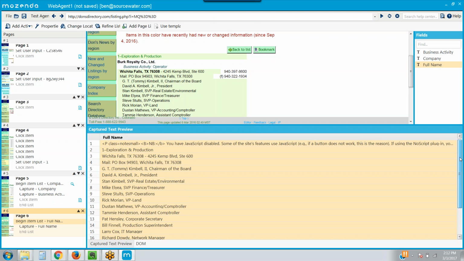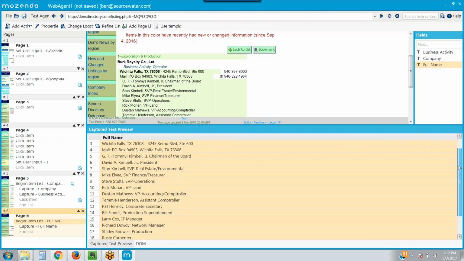And then the pattern, it looks like the pattern for most of them, besides maybe David A. Kimball, is that you have the name and then a comma and then the title. For some reason, I guess they put David A. Kimball, comma, space, junior. So we can refine that out